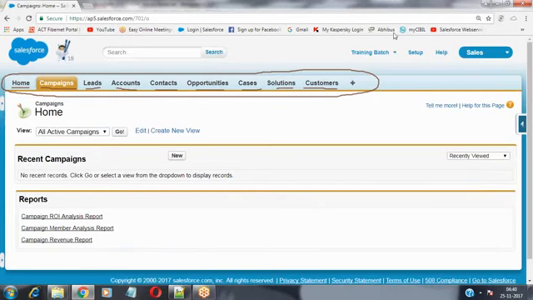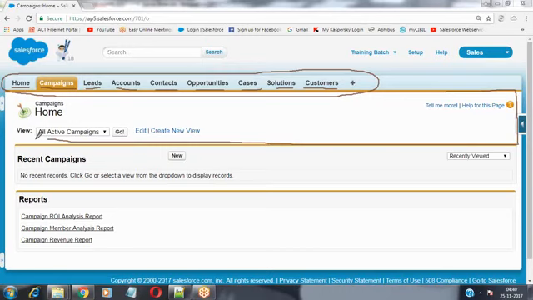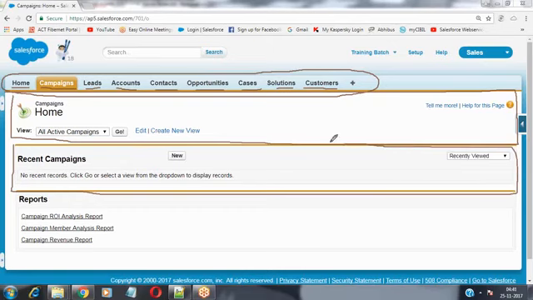Now inside this, what you have observed, there is a common structure, a common template. On top of this page, you will have the enhanced list view, then the recent campaigns section, nothing but recently created campaign records, and then some options at the bottom.